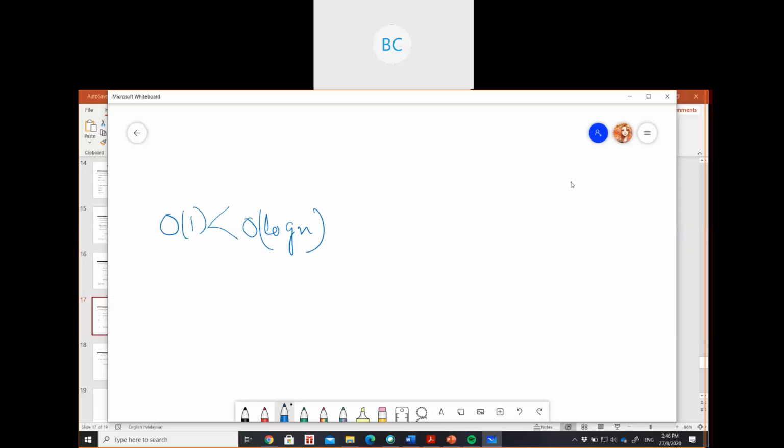We get this log n value when we divide the input size into two halves, like in your binary search or different sorting algorithms, when we use the divide and conquer approach.